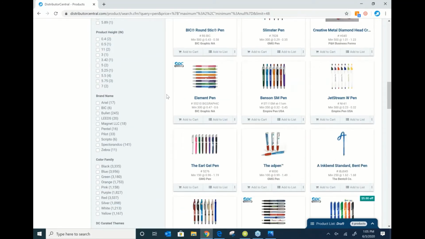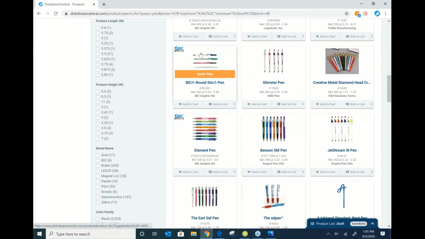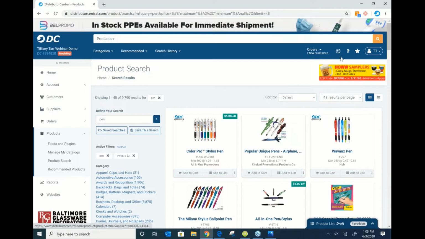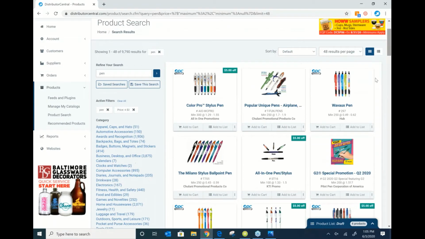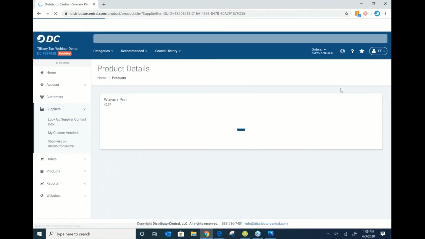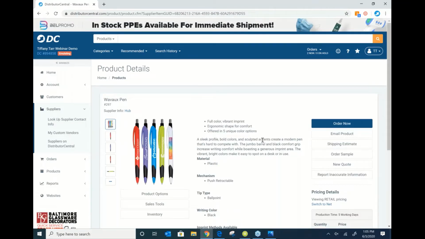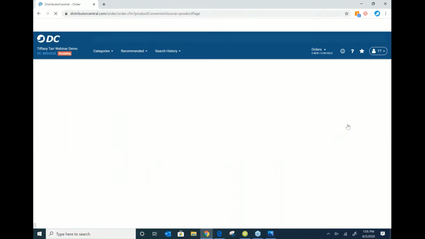But if I didn't need to do that and I was needing to get information over to my customer, one of the unique things about Distributor Central Search is that everything that we do is e-commerce driven. As you're looking at the search database and also on our websites that we host for distributors, everything is shopping cart oriented. So if I were really a distributor and I needed to buy this for a customer, I can walk through the order process